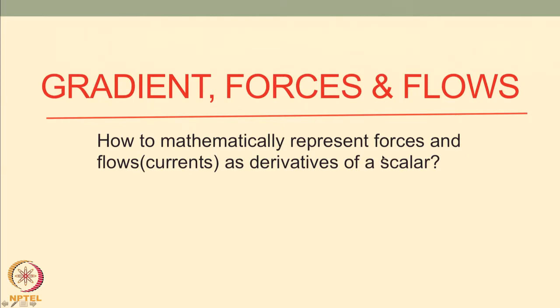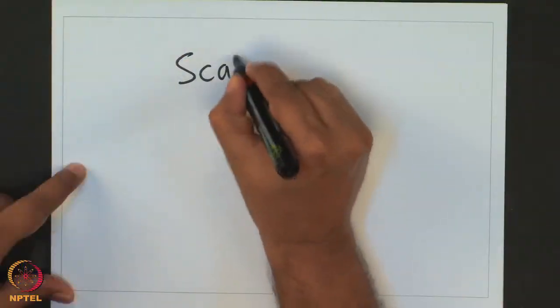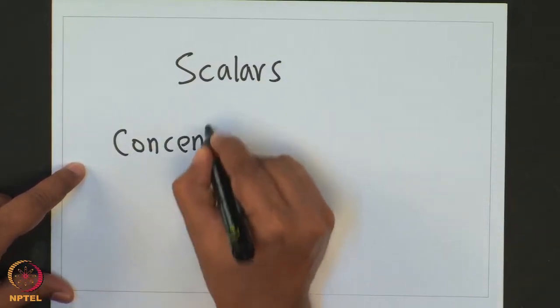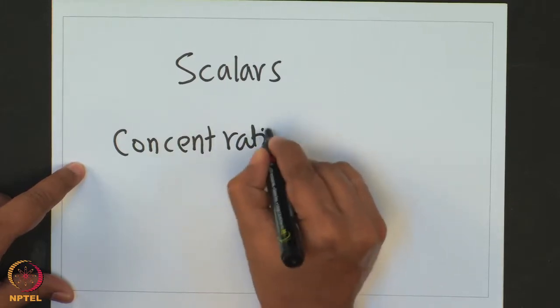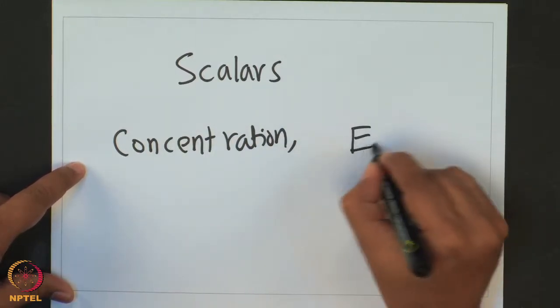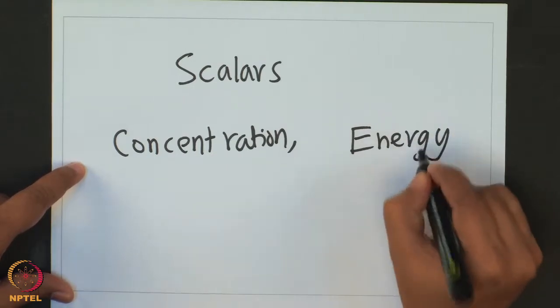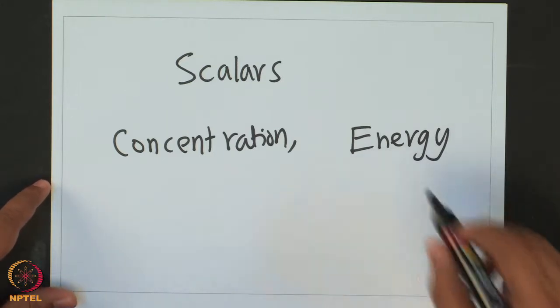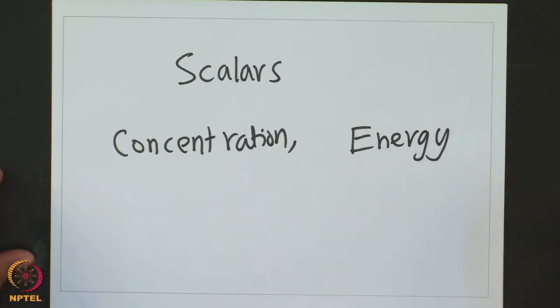So the first thing, of course we know that a scalar is a quantity which has a magnitude and no particular direction. Examples of scalars are concentration and energy. For example, two examples of scalars are concentration and energy. Now,